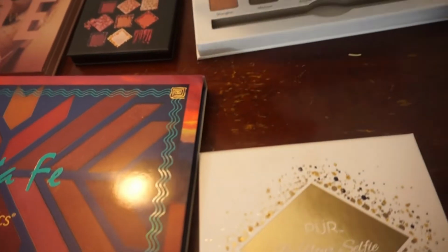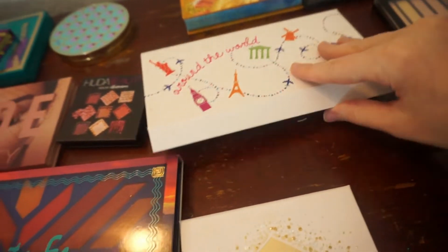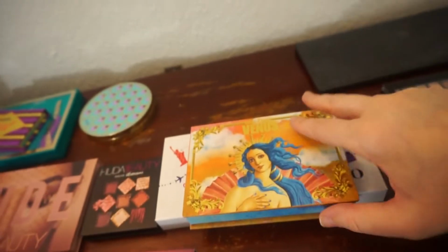This is a Cargo Cosmetics palette. This has actually been discontinued, but for a really long time, it was my favorite palette. These days, I'm more into color, so I don't reach for it very often. I also have a Lime Crime Venus,